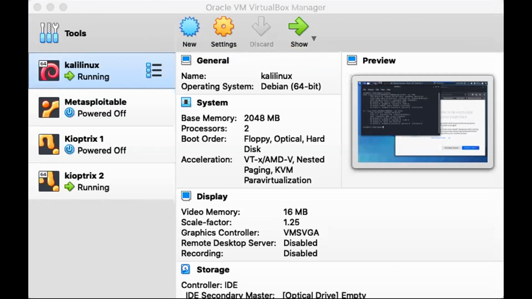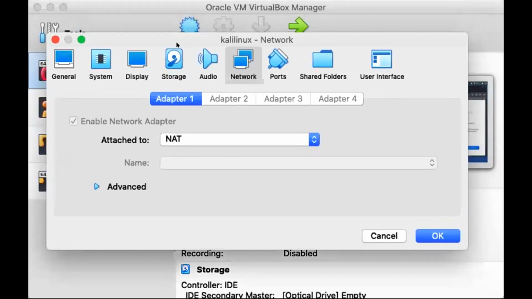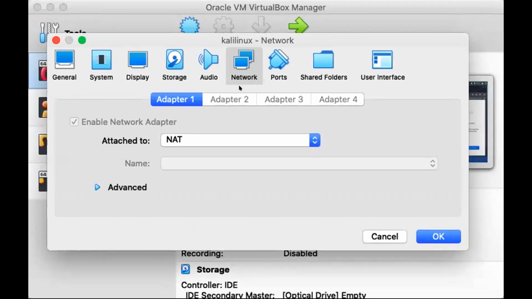There is no setting there. Settings actually is there, here, in the place of new. After that, settings is there. New, tools, settings. See, on the top place. Open the settings. Click on the settings. See, it is there. Open this one. Yeah, NAT is there, right? Yes, it is connected.